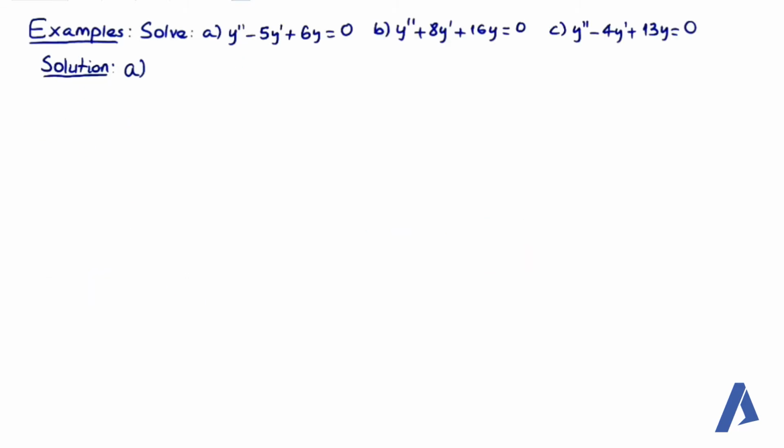በመቀጠል እነዚህን ኤግዛምፕሎች እናያለን። የመጀመሪያው ያው our first step is to determine the characteristic or the auxiliary equation which is እንደምናየው it's r square minus 5r plus 6 is equal to 0. ስለዚህ this implies that ያው